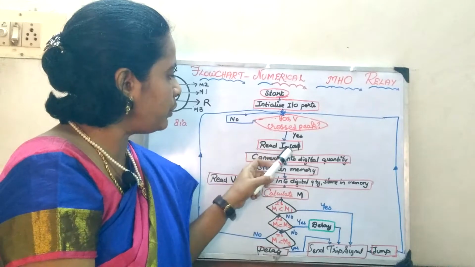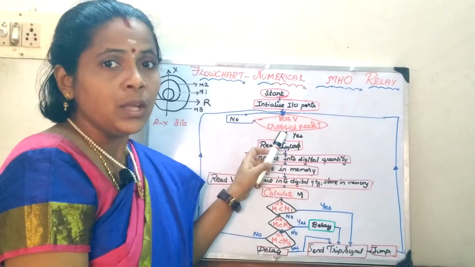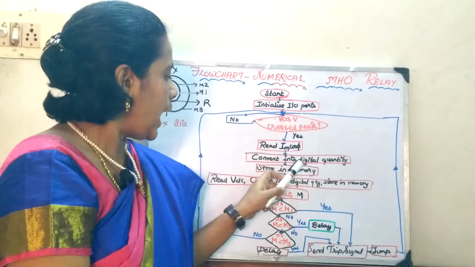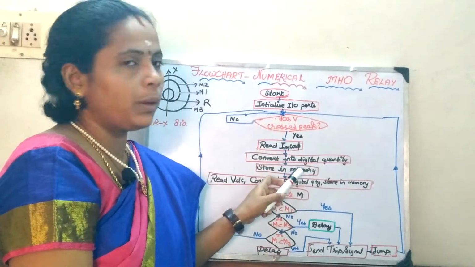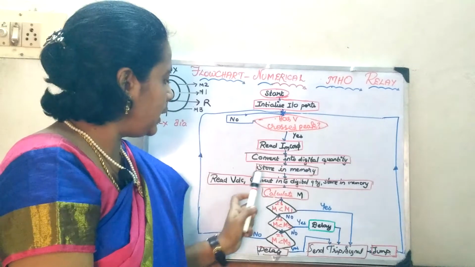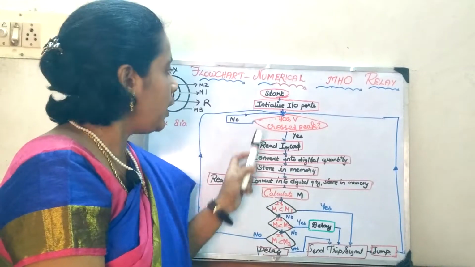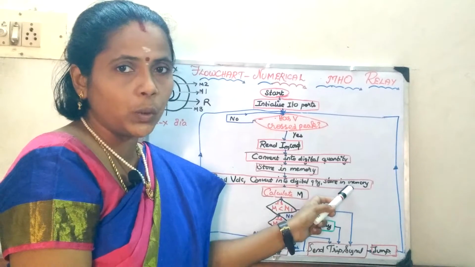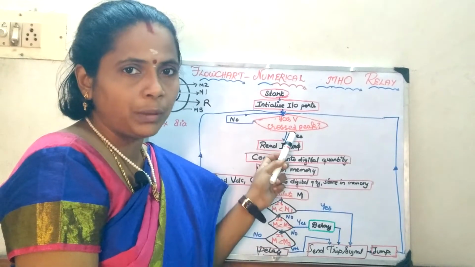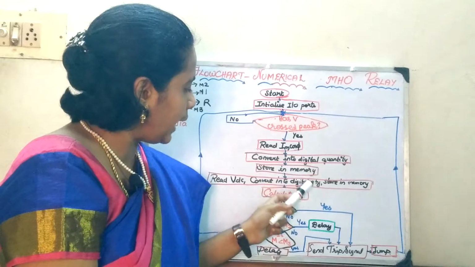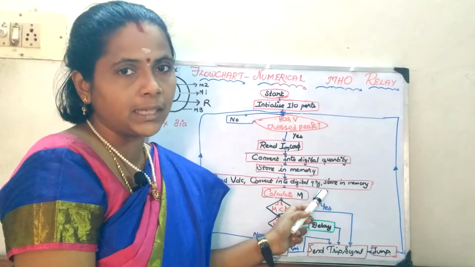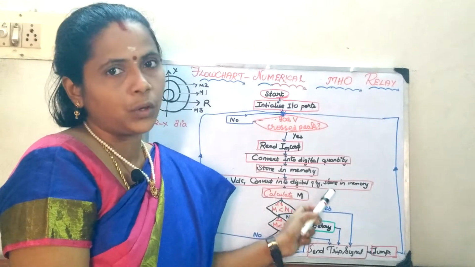Now you have the instantaneous value of the current. This current should be converted to a suitable digital quantity and stored in the memory. Similarly, the voltage peak value is also converted to a digital quantity and stored in the memory. Once both parameters are obtained, you can calculate M, that is 1 by Z cos theta, which gives the admittance of the circuitry.